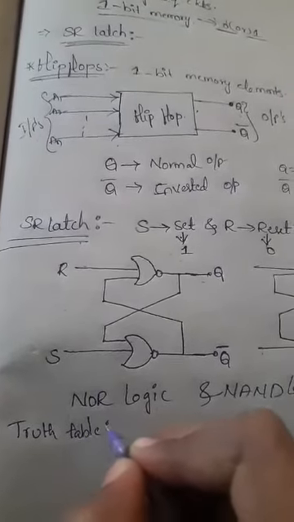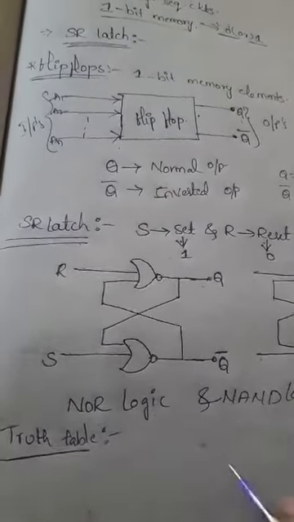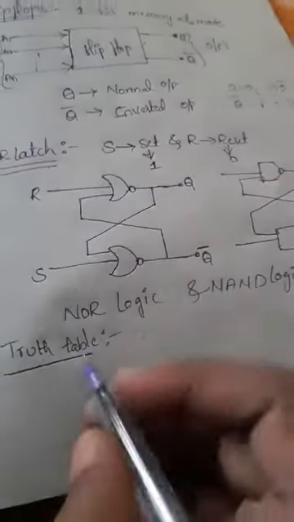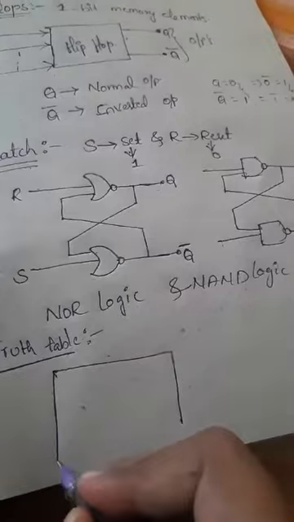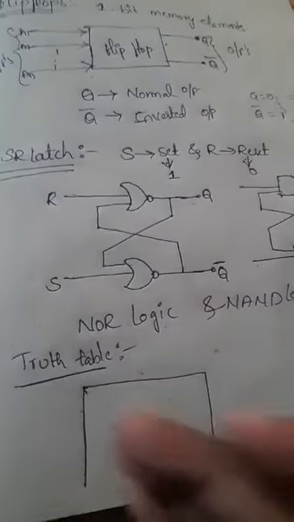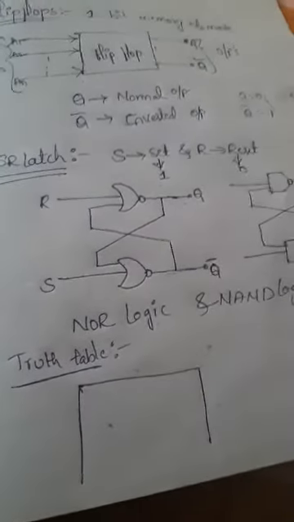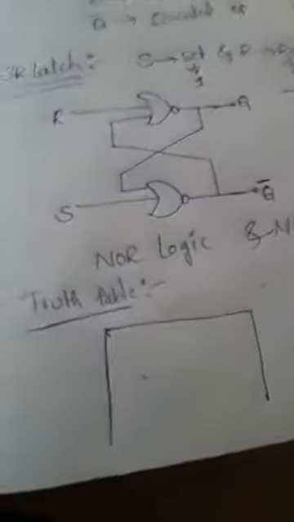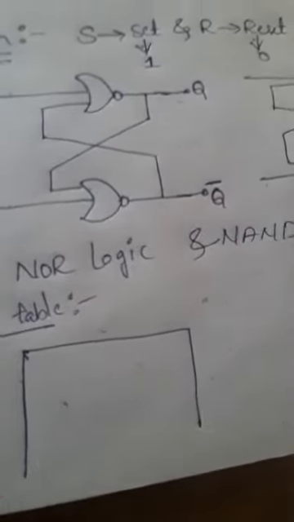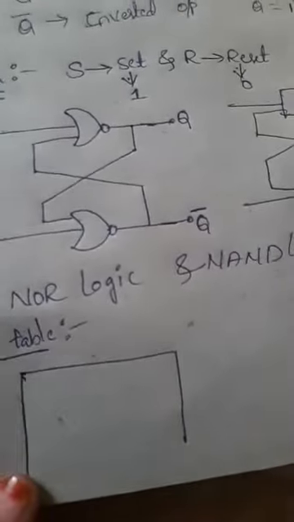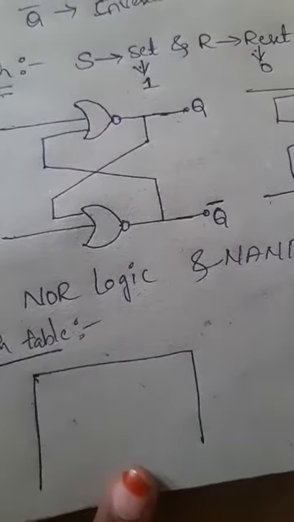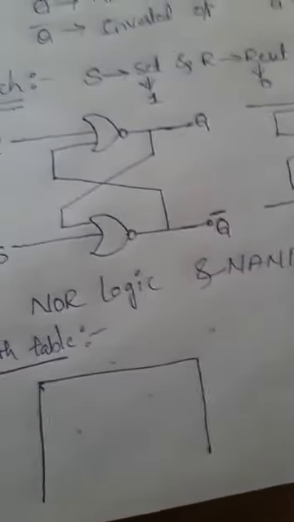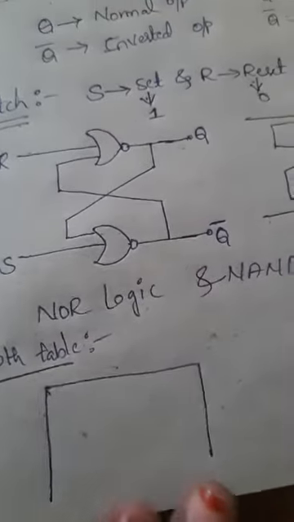we already discussed how to design the truth table in logic gates, right? So a truth table is nothing but a tabular form. The relation between inputs and outputs is represented by the truth table. So for a truth table we need to consider the inputs and outputs. In a combinational circuit, we know it consists of n number of inputs and m number of outputs.